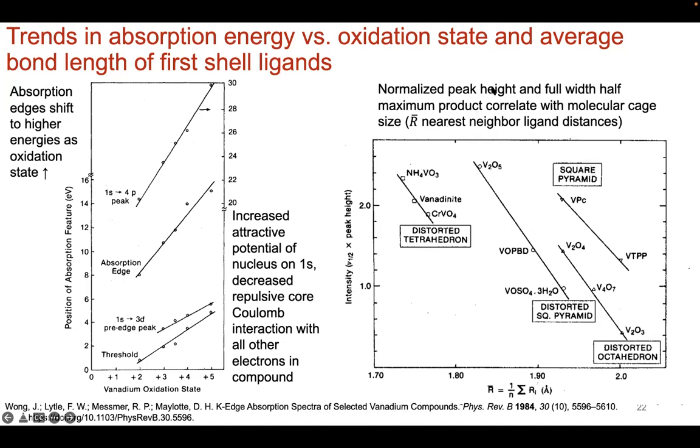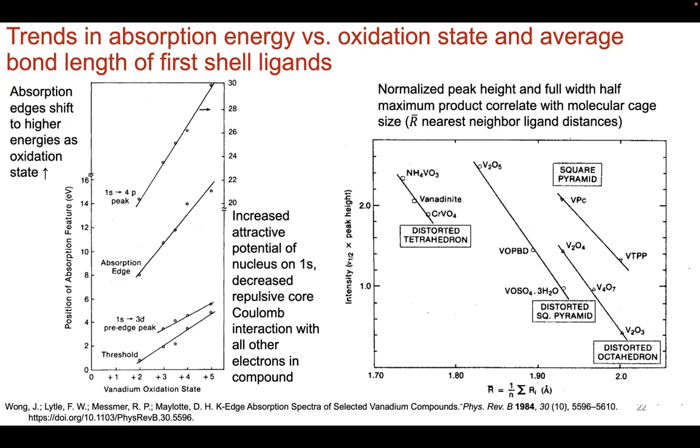And you could do the same for the intensity, which is if you take the peak height and multiply that by the full width half maximum of these peaks for different ligands. So not only oxygen, but also all these other species like sulfates and what have you, and different local geometries like square pyramids and distorted octahedra and all of that, you can map out all these relationships as a function of